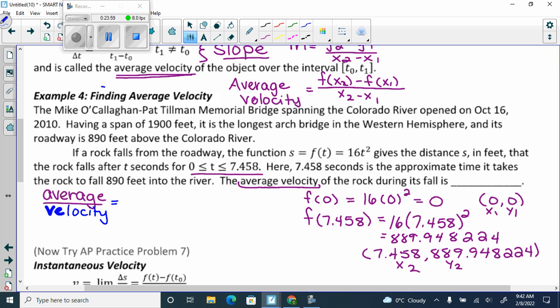Okay, so I'm going to get y2, which is 889.948224 minus 0 over 7.458 minus 0, which gets me 119.328